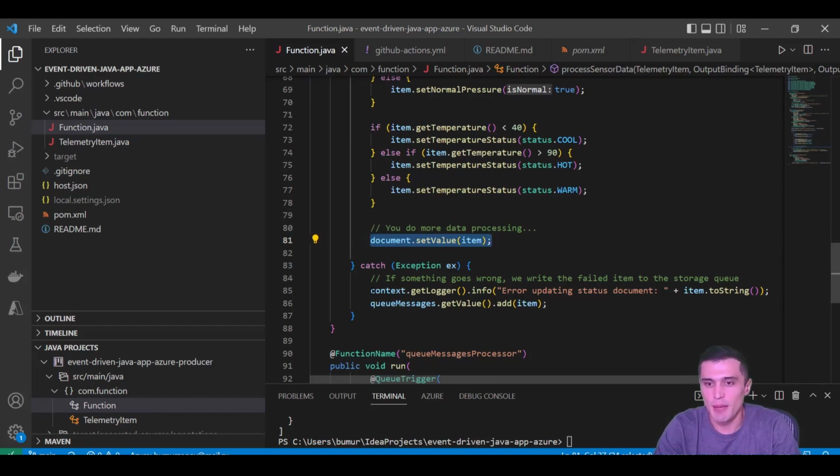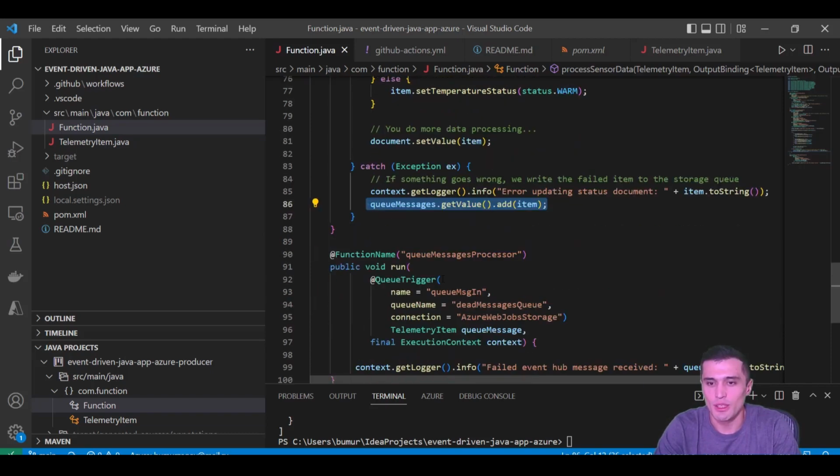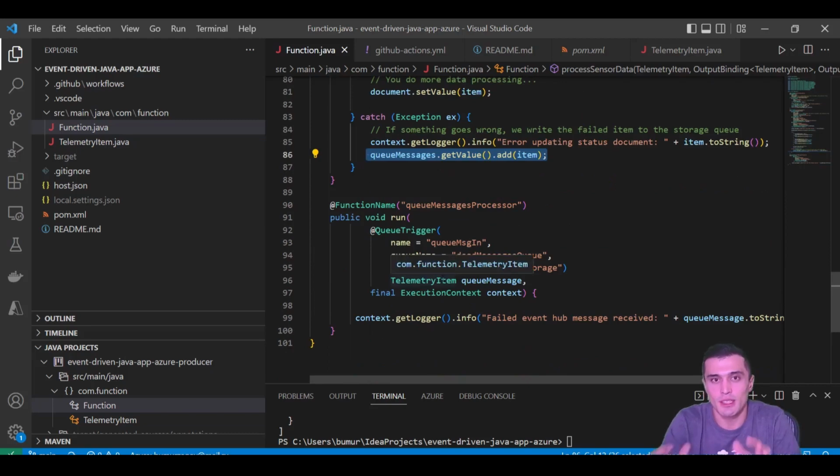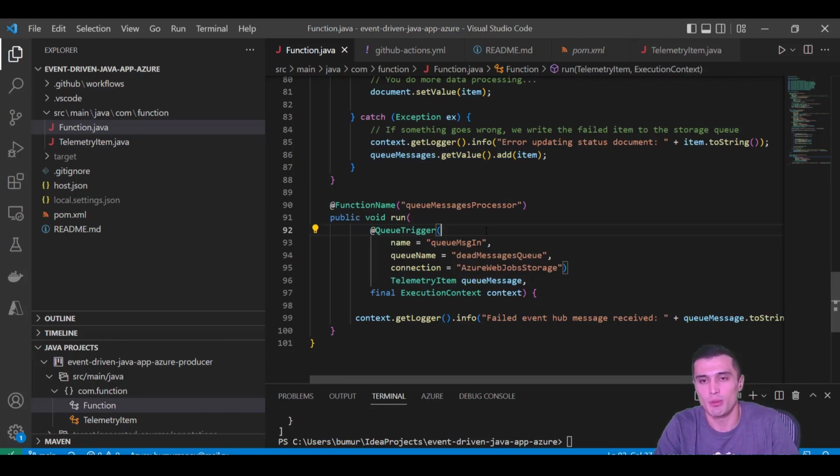If something happens while processing this data, as you can see, we're gonna put this data into the queue. Or if something failed, the queue restarts and does the same operation as in the previous step. But in my case, there is no logic yet, but you can always improve that. If there's a failed message, we need to get this message onto this function.